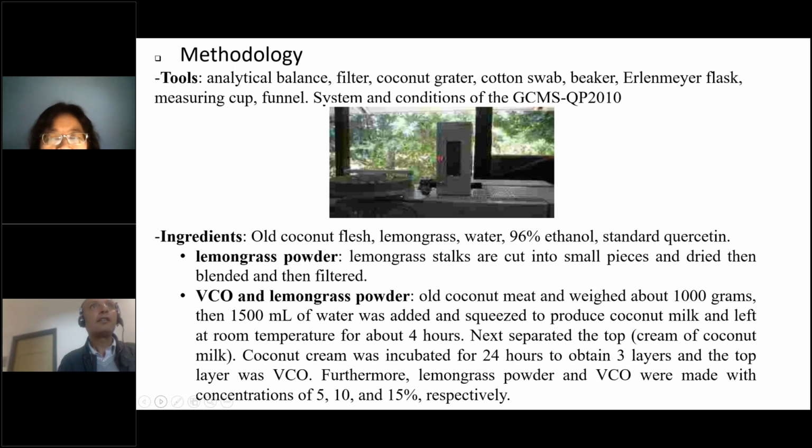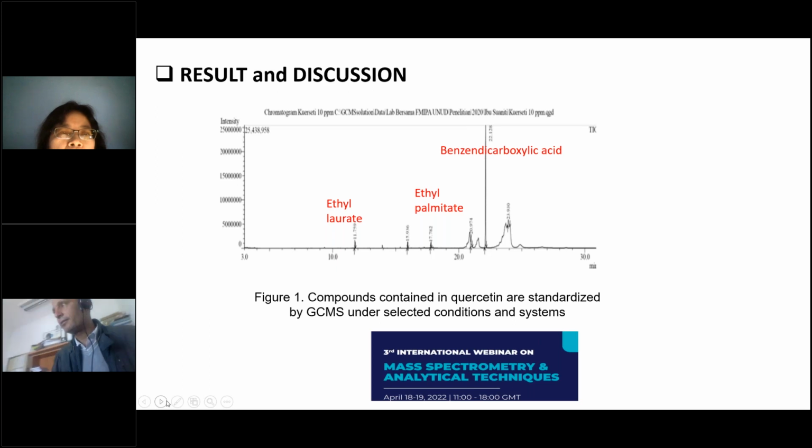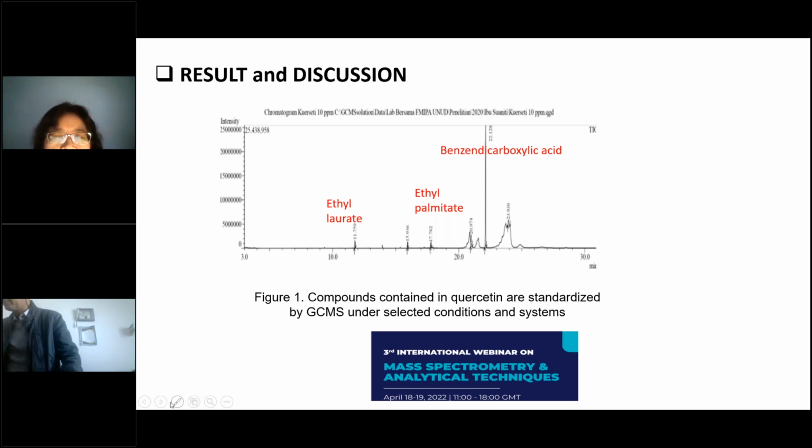Furthermore, lemongrass powder and virgin coconut oil were mixed with concentrations of 5, 10, and 15% respectively. And then the result and discussion, we can show in figure 1. Compounds contained in quercetin are standardized by GCMS under selected conditions in the system. We can show the benzene dicarboxylate acid